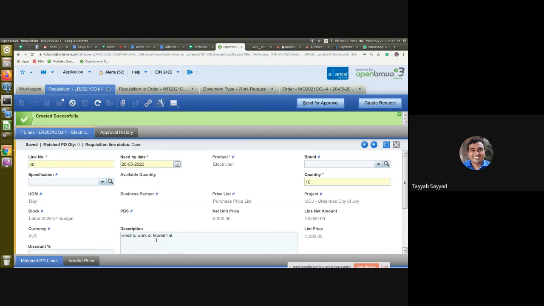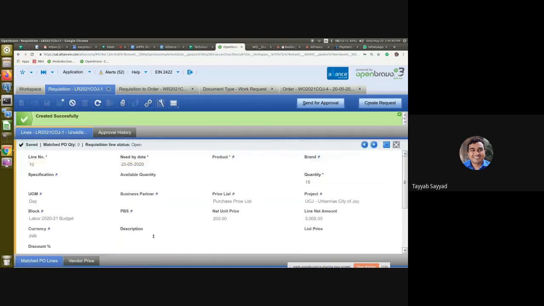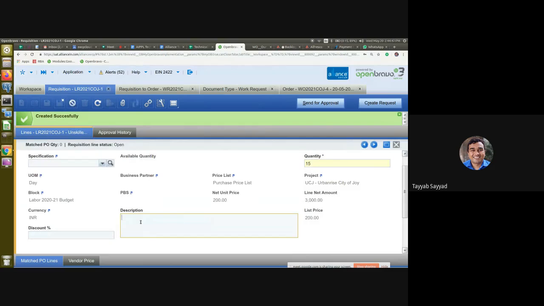I just added some description as electric work at model flat, and for unskilled labor, I'll put some construction work for block B. You can type in as much as you want in the description box.